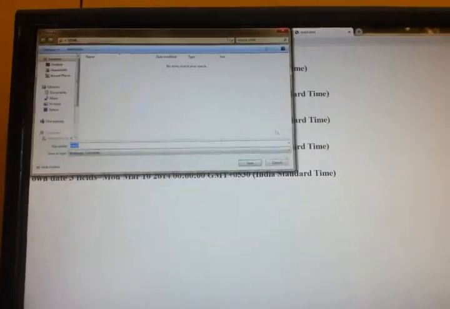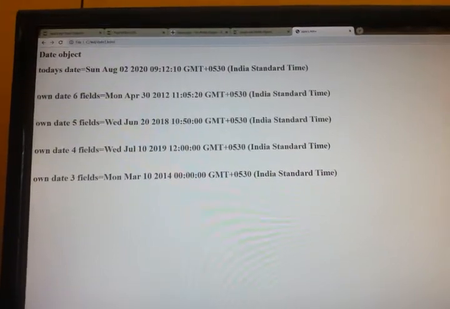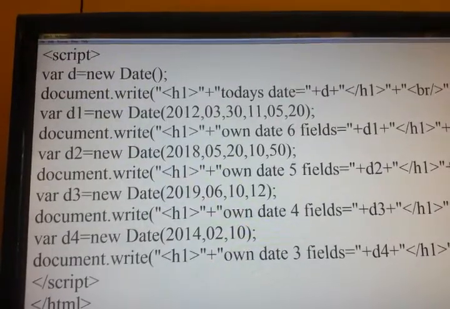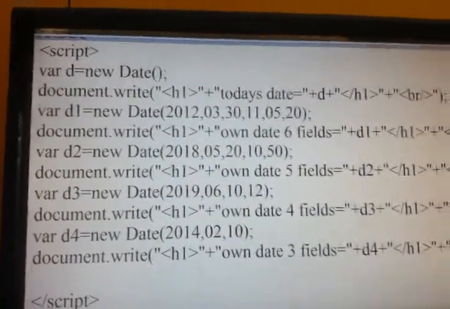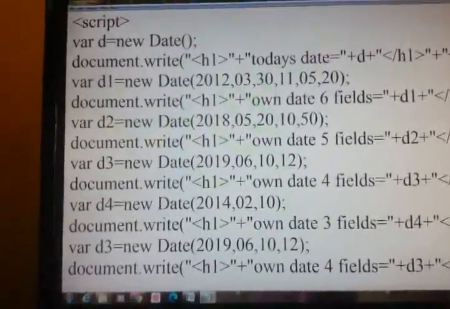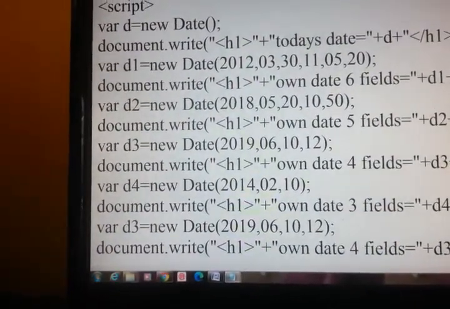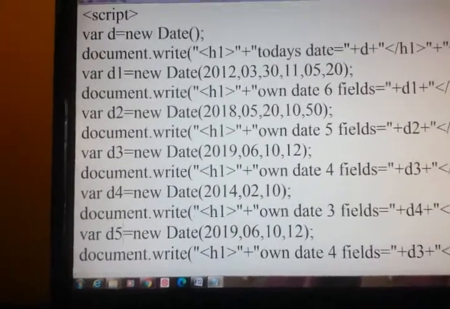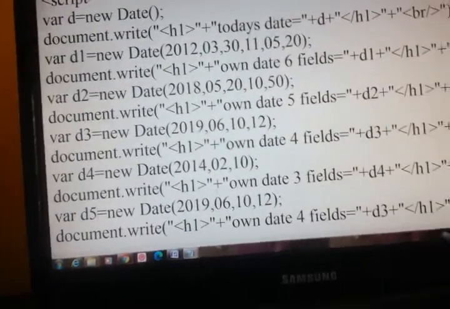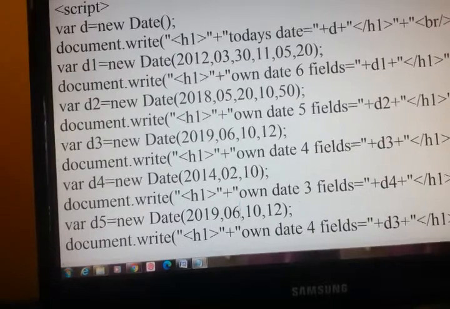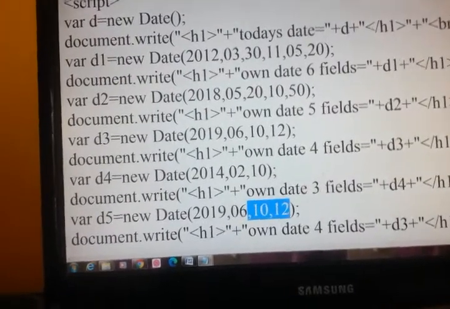Now we will see with 2 fields. Just copy paste V5. Just give only 2 fields.